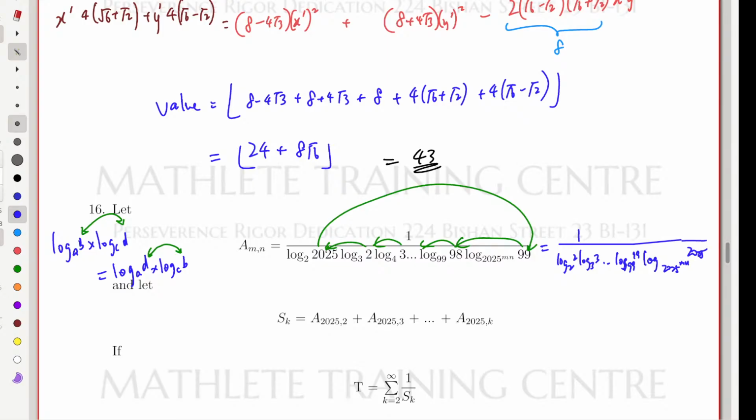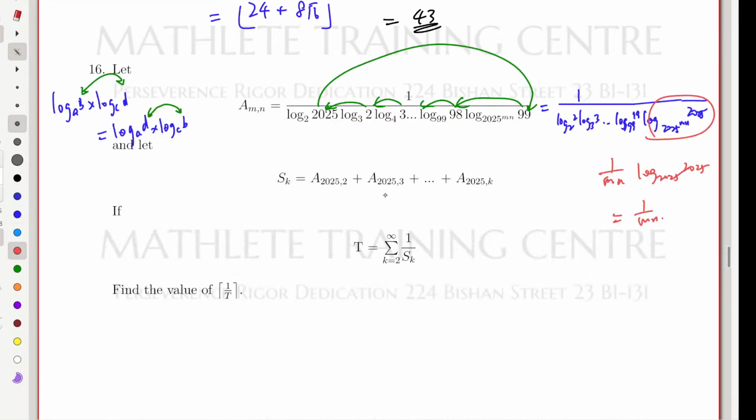Now, using the idea that we saw back in question number 2, what is this term going to be? This term is going to be 1 over mn of log 2025, 2025, right? So it's just 1 over mn. So actually, from here, we can figure out that AMN is just 1 over 1 over mn. That's equal to mn. Okay. So SK is going to be what? SK is going to be the sum of all these things, which will be 2025 times 2 plus only 2025 times k. This will be equal to